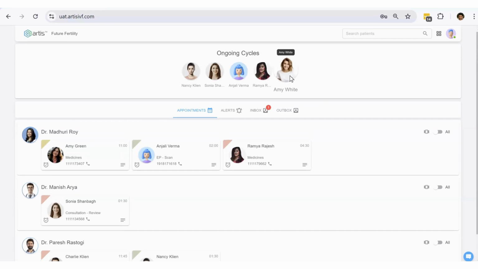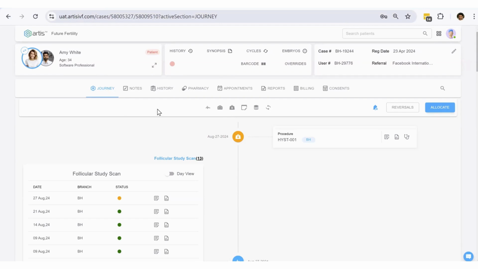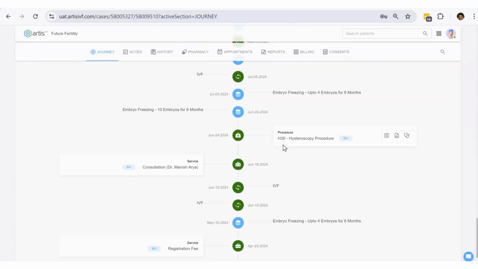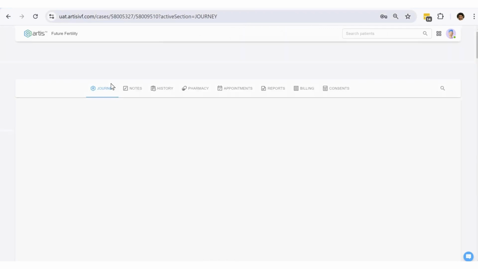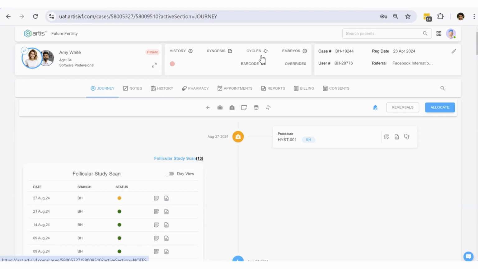Right. So if you click on any of these names, it will directly take you to the corresponding case file. For example, if I'm clicking on this patient here, it has taken me to a case file which covers everything about this particular case. We'll come back to this again, but just to highlight, a case file displays everything about that patient, the entire journey right from the registration to the current date. It also captures the details of the partner, basically, right? So IVF being a couple thing, we always track both the patients together as part of one case file. We'll come back to this again, but if I go back to the dashboard,